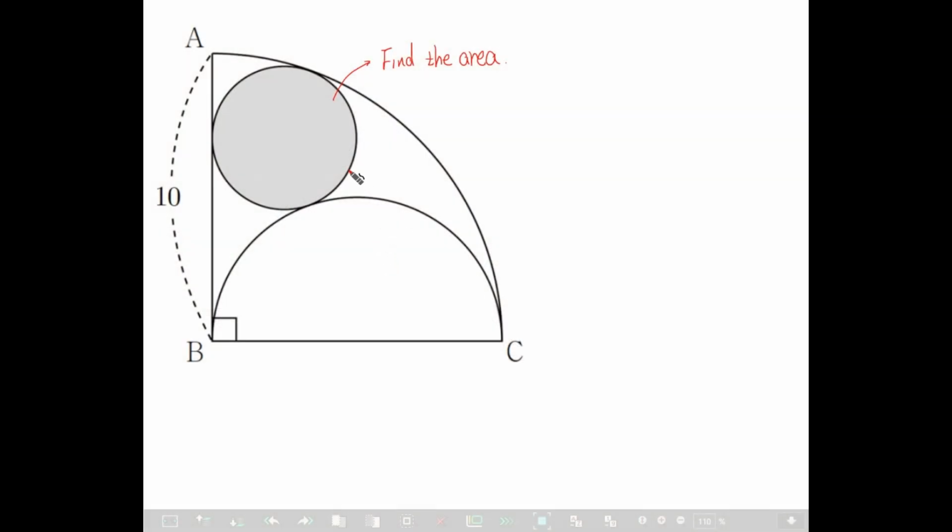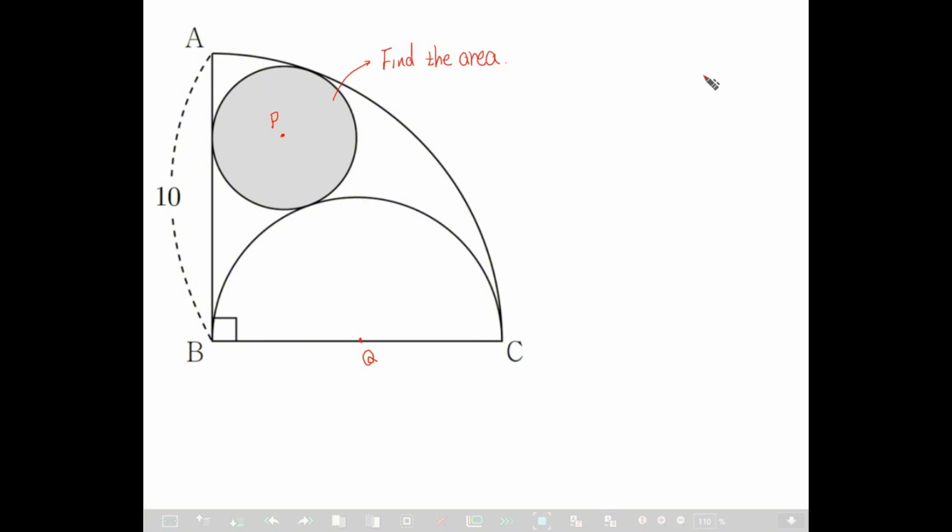Hello, this problem is to find the area of this shaded circle. To solve this problem, we need to point the center of this circle and here, the center of BC. This is the center of the half circle. Here P, here Q,